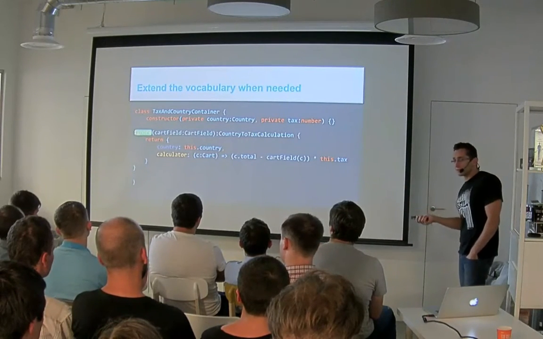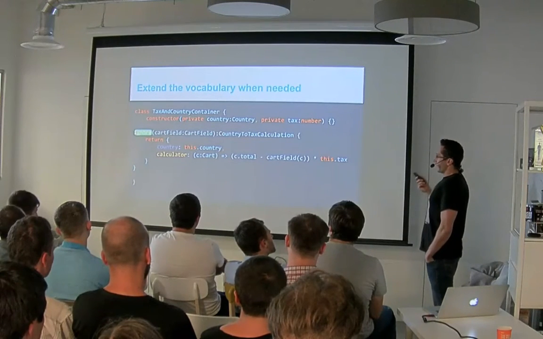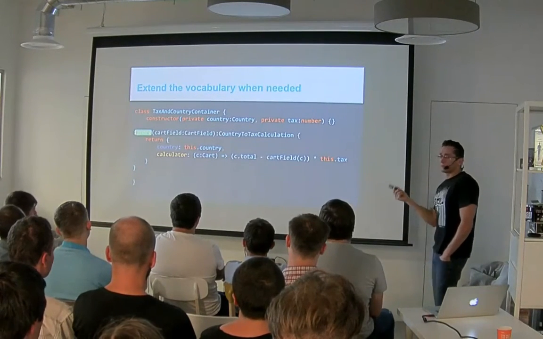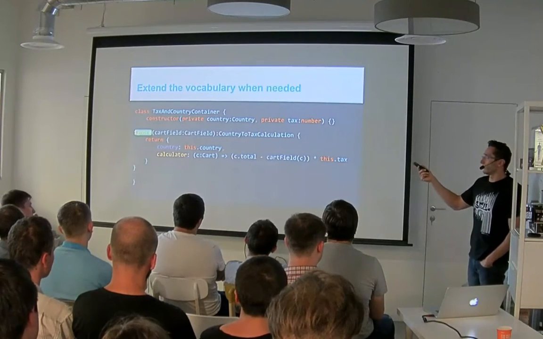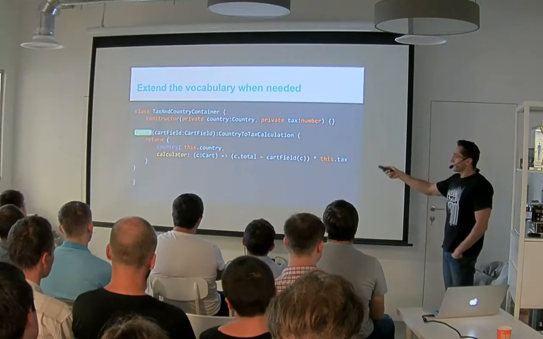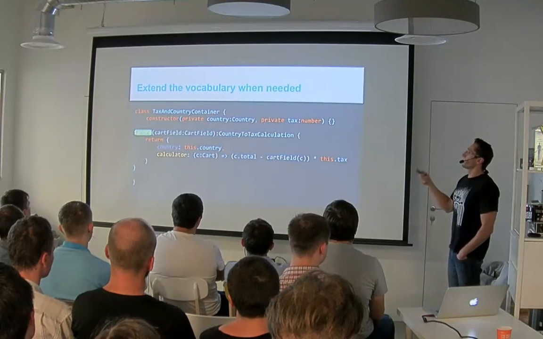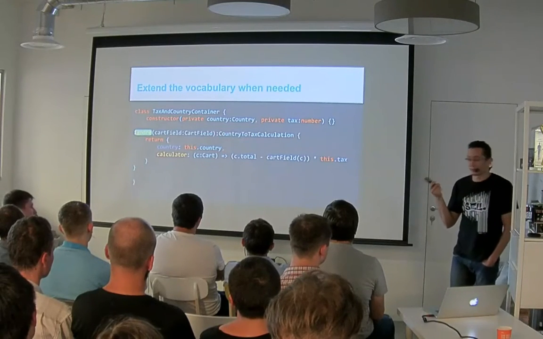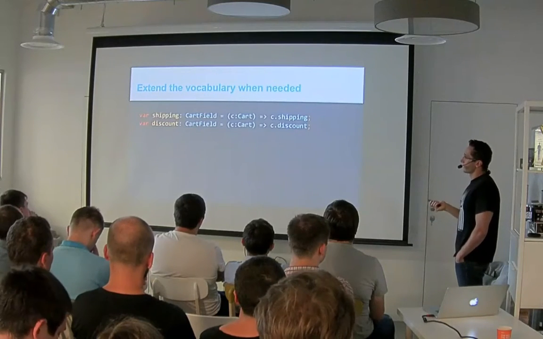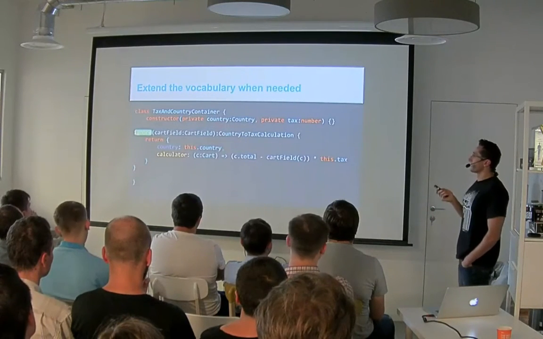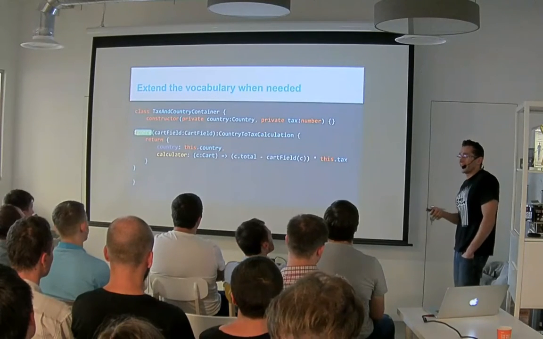How do we ignore stuff? Really, really easily. When we return the country to text calculation, the calculator function will now simply ignore the count field which the ignore method takes. We take the cart total, we subtract the count field, applying the count field function on the cart, and then we just multiply it by the tax. So using this, we are almost done. Now we said we need to ignore stuff. What do we ignore? We ignore count fields.